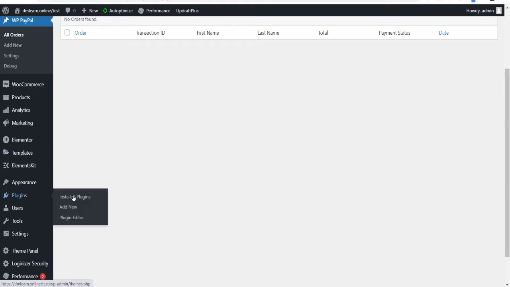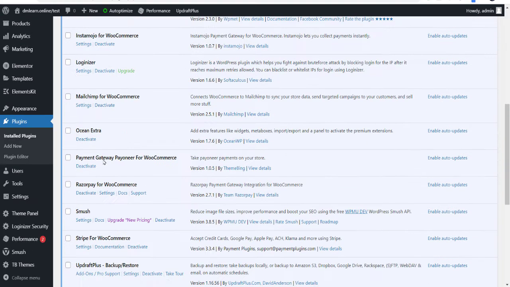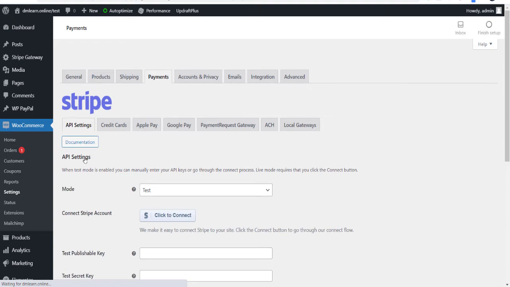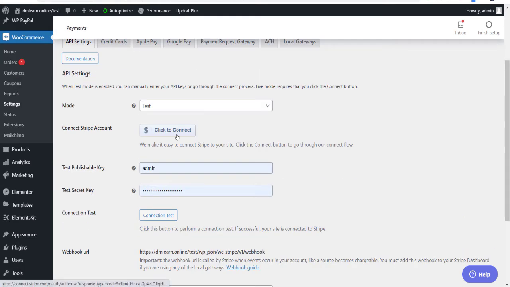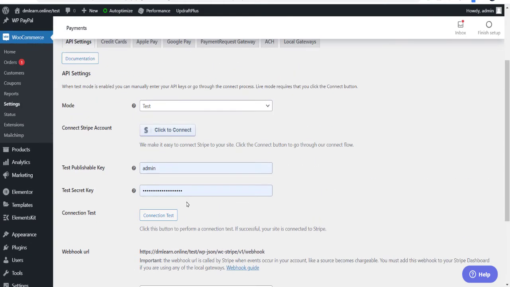Now go to Stripe. Stripe also helps you collect international payments. I'm going to the Stripe settings. You can connect your Stripe account directly, or you can use a public key and secret key. I have done it for other domains, so you can do the same.